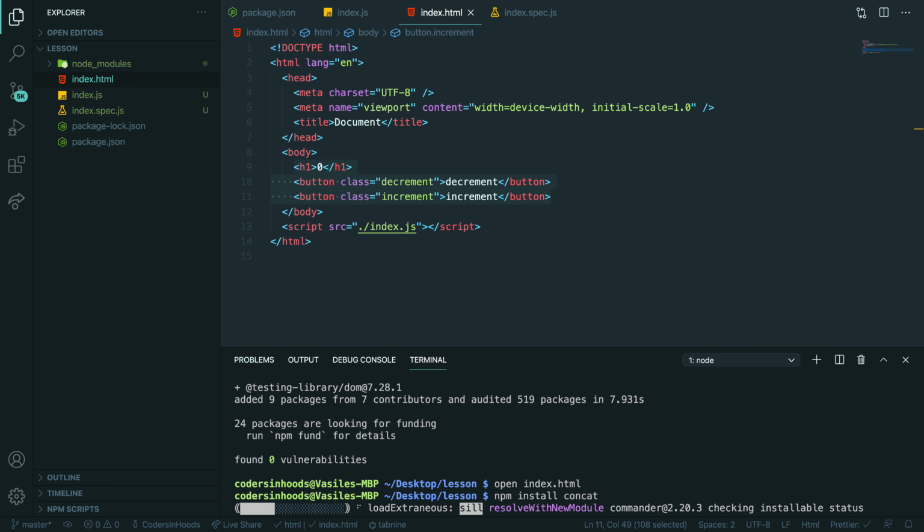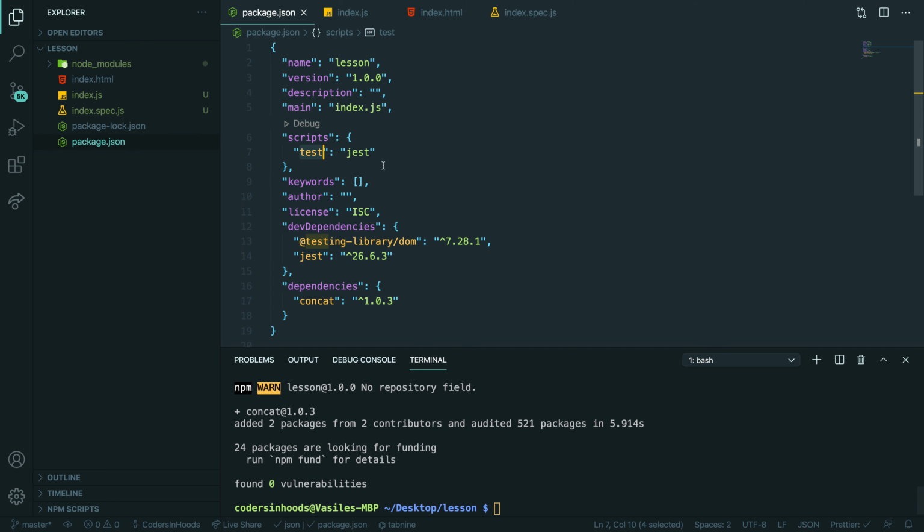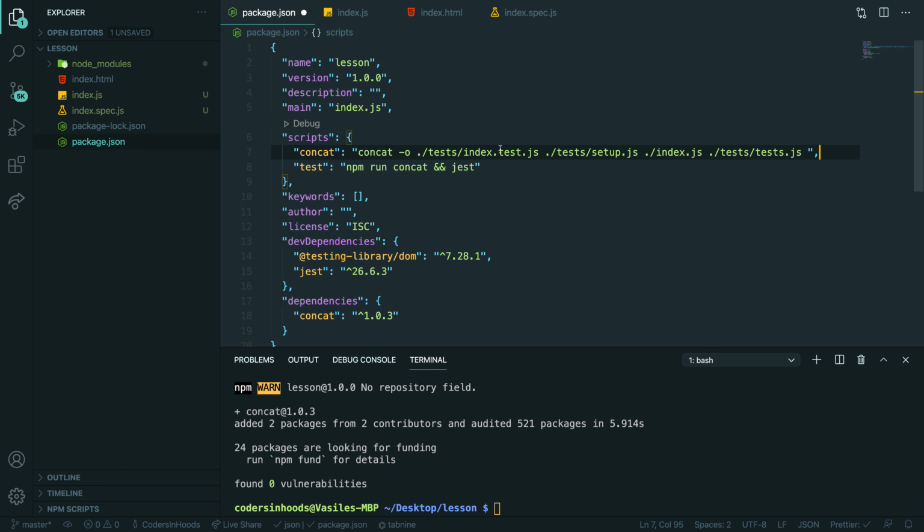Let me just quickly double check because I don't remember. I think this is concat. Yeah. So I just copied from our exercises. We use another package that will concatenate all the JavaScript files which you specify, and you need to specify it that way.